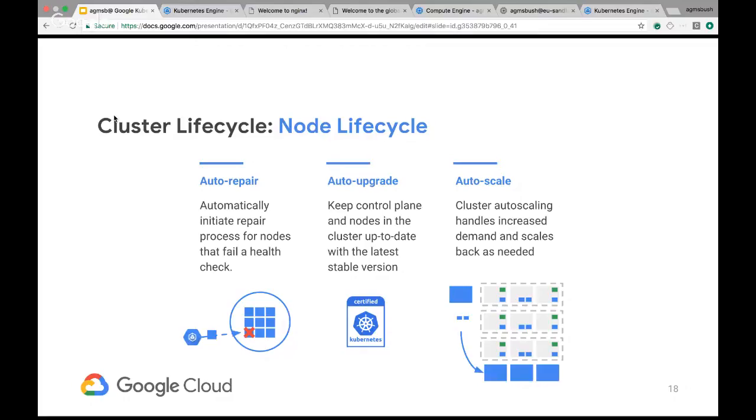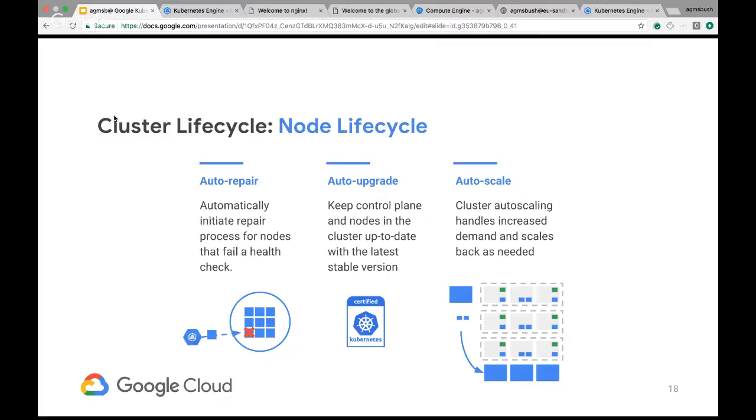A couple other things, and these are a little easier to understand. There's auto upgrade at your node level too. I can spin up new virtual machines with the latest version of Kubernetes, and instead of having to patch a host that I actually care about, I can now just replace them with the latest image of Container-Optimized OS.